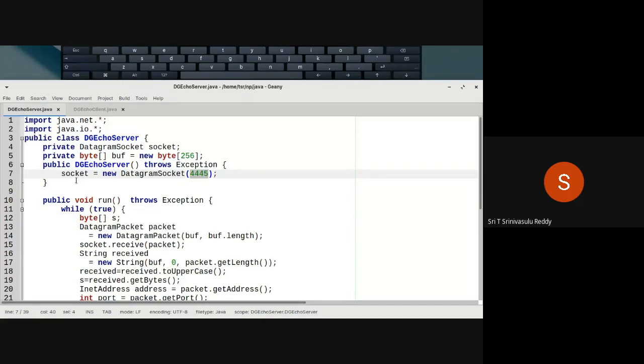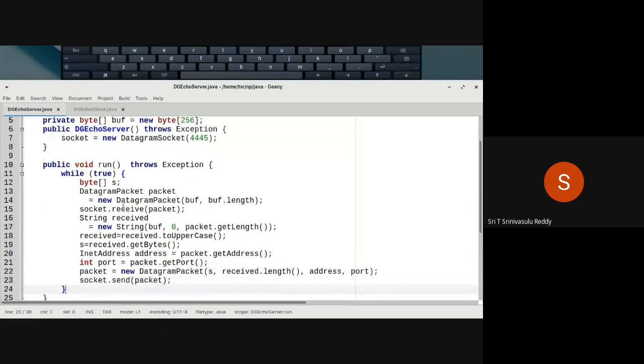So once you create the object of this class, this socket is ready. Then you can use that socket to send and receive the packets. Now, after creating the object, you will be calling the method called run. This method can be given any name, no need to have only run. Anyhow, we have selected it to be run. So public void run throws Exception. Again, here also, it is likely to be a problem, so you say throws Exception.